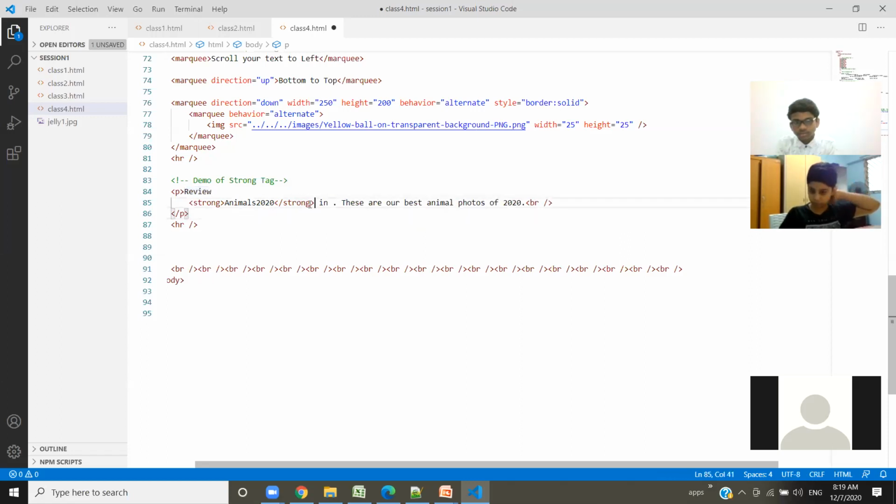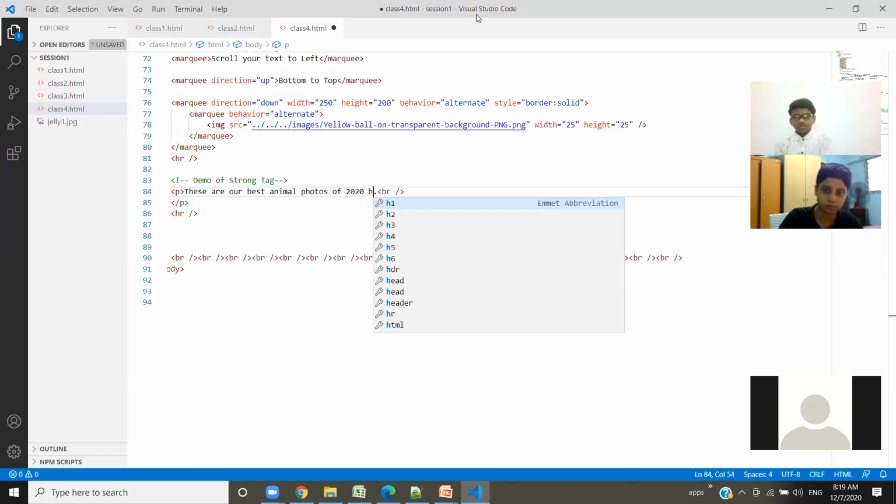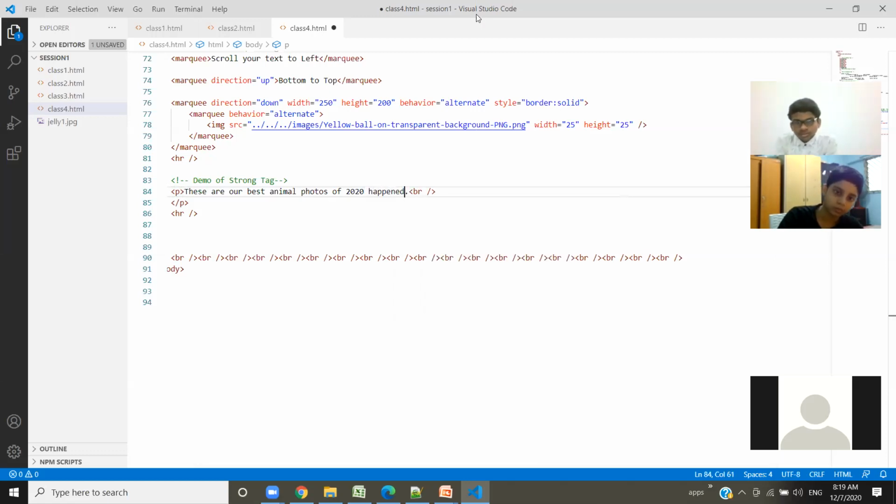Okay, this part I'm going to cut in. These are our best animal photos of 2020 and during, yeah, so